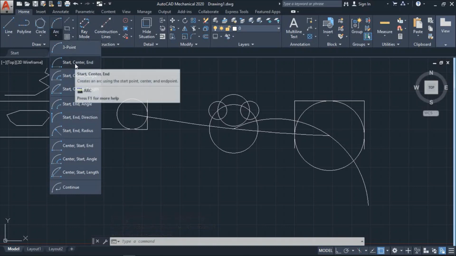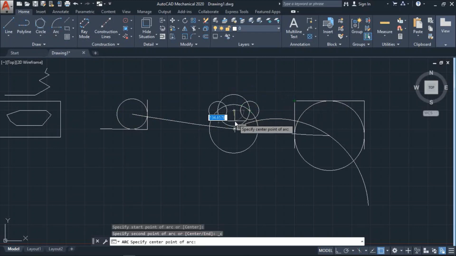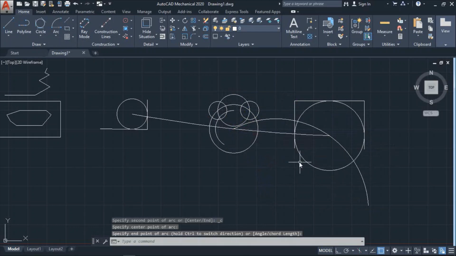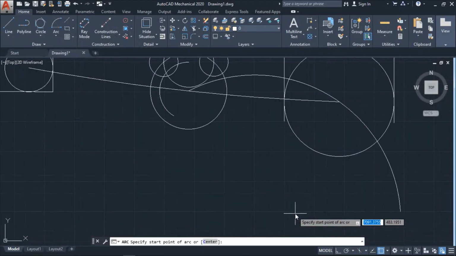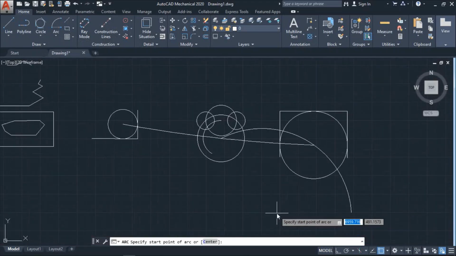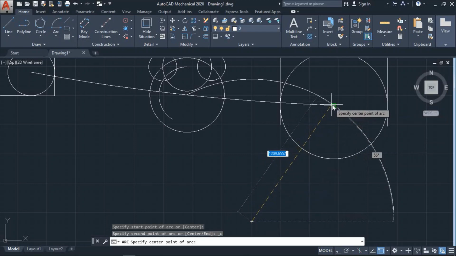Then we have the start, center, end arc. In this you have to determine the start point, the center point, and the end point. Means you have to determine, let me show you properly. Suppose this is your start point, then this is your center point.